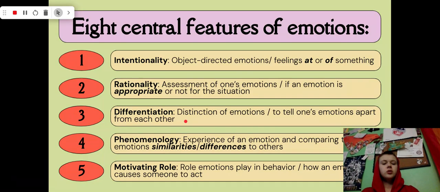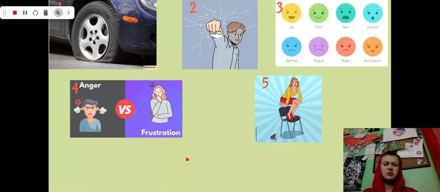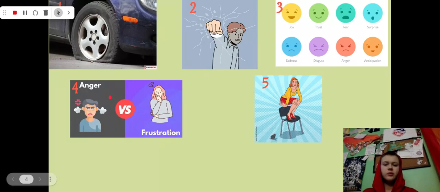That's being able to categorize your emotions based on their similarities and differences. So for instance, anger and frustration are very similar to one another because they are both negative emotions. They have negative associations with them. But anger tends to be more aggressive than frustration is. Frustration, you're just like, "Arr," but anger, you may get physically violent, you may yell, you may scream, but you're not that way when you're frustrated. So there are differences with anger and frustration, but they're also very similar because they're both negative emotions.